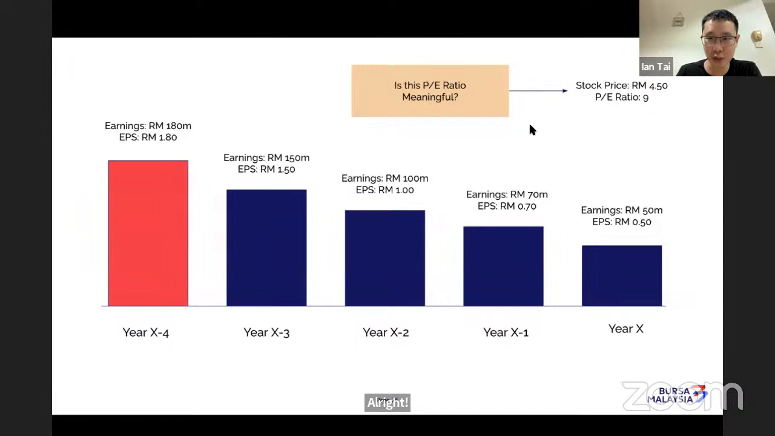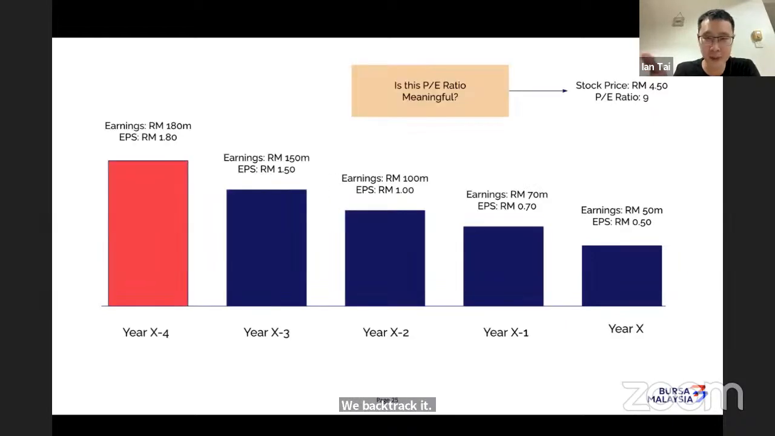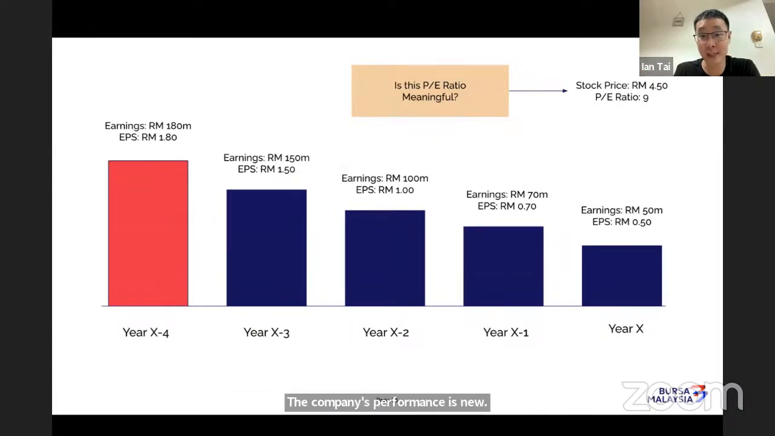So this is situation number 2. As an investor, we don't just look at the latest earnings. We backtrack it because it's the track record of the company. And if we find that the company's performance is looking something like this,